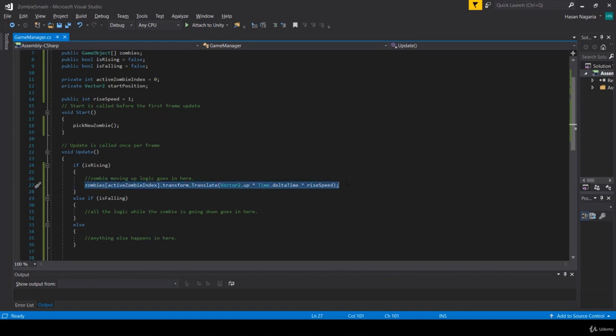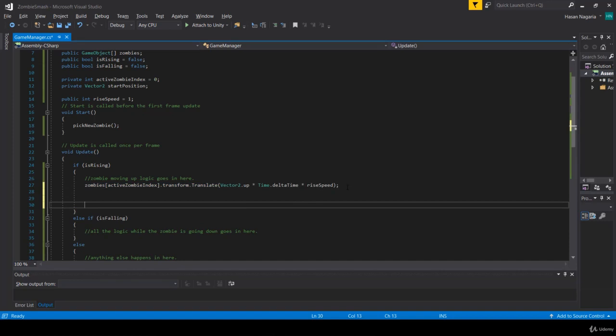Now, of course, this was just to show you. We still need to figure out, hey, how are we going to bring it back down, and so on and so forth, okay? So what we need to do essentially is say, hey, if it is rising, make it rise, but then after a certain amount of units, start bringing it back down, okay? All right, so the way we are going to do this is